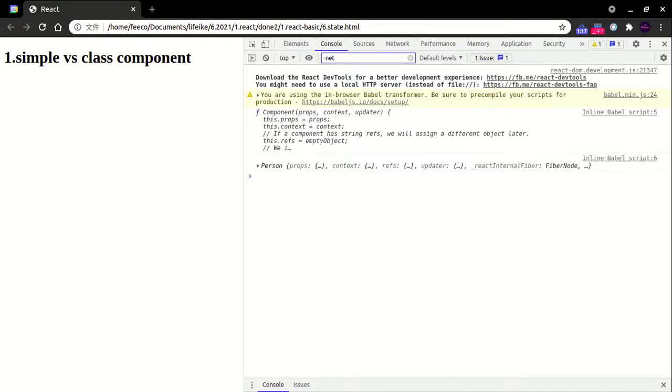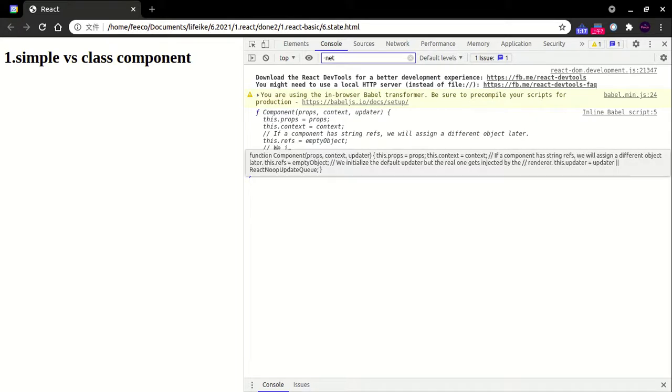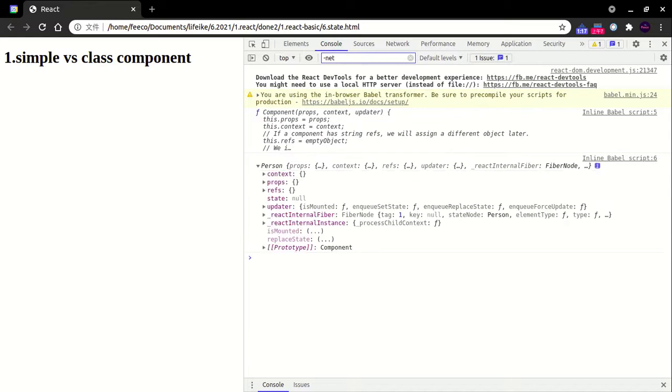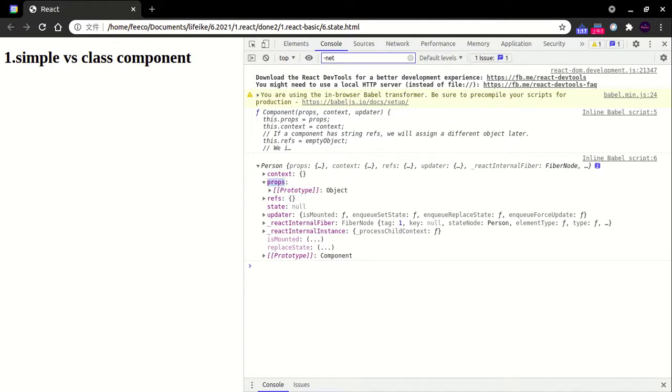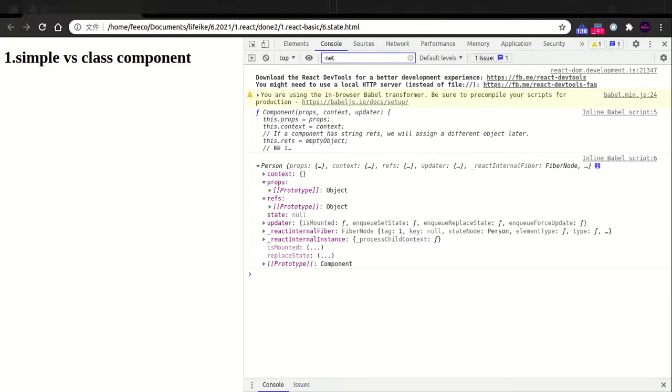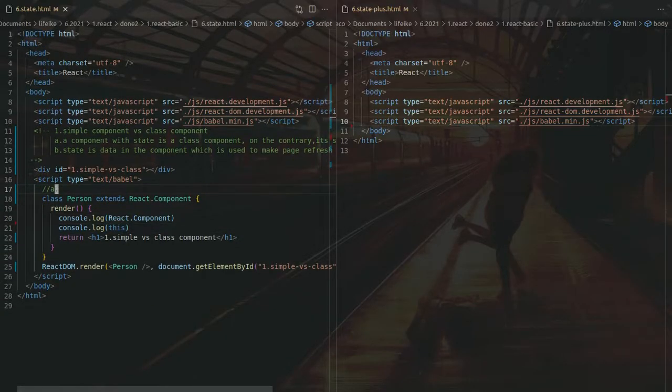As you can see here, the parent class React.Component has three properties: props, context, refs. And on the instance there is context, props, refs, and there is another property called state, which is null. So what actually happened here,